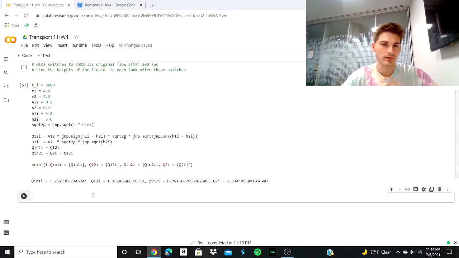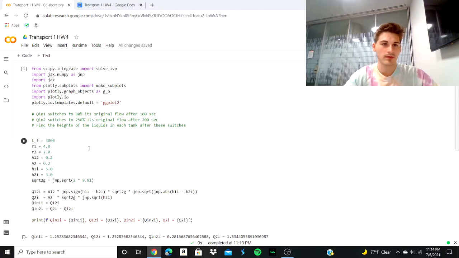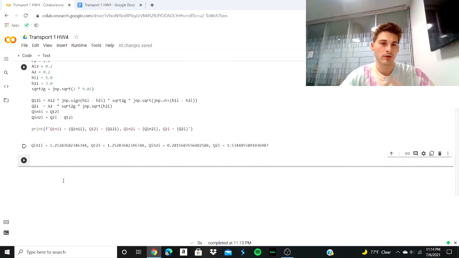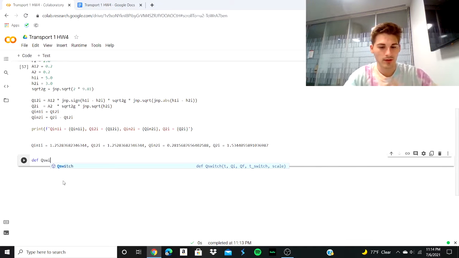And so from here, we want to find the flow rates as they change after a specific interval. And to do this, we can make use of our known initial flow rates, and we can use the sigmoid function to basically switch the flow rate at a specific time interval to something that we desire. And so we'll just define a